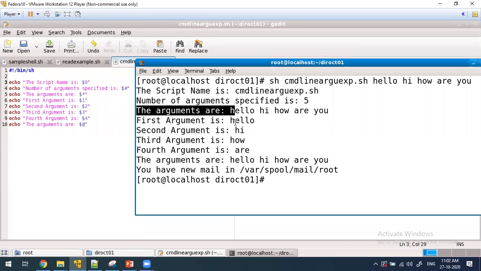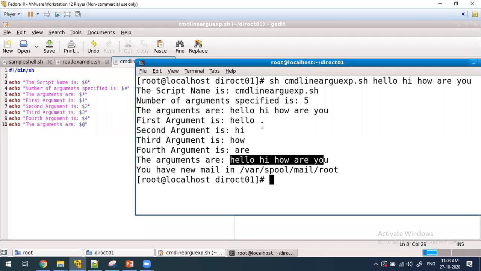Which is the first one? The first argument, $1, hello. Second argument, hi, $2. Next, $3. Next, $4. For the arguments $@, see, the output is the same as $*, because I have not used the quotes in between.